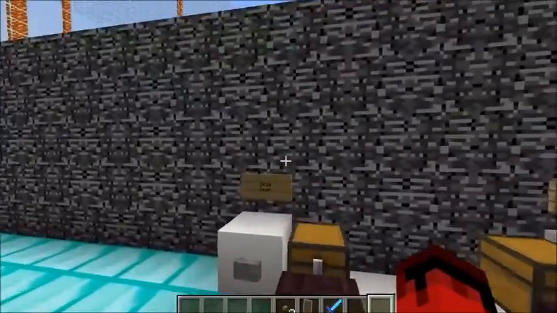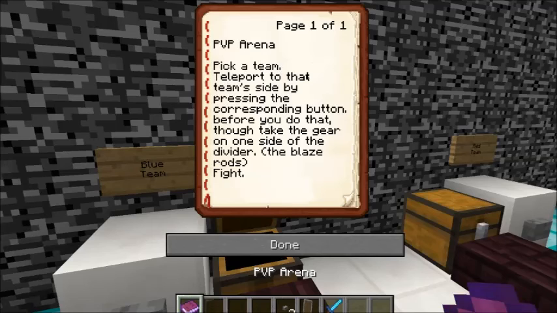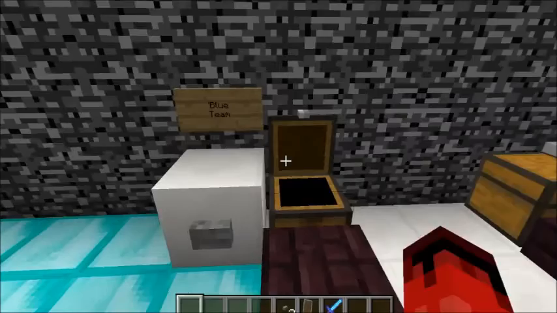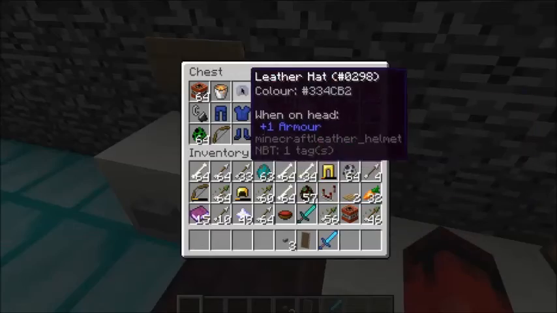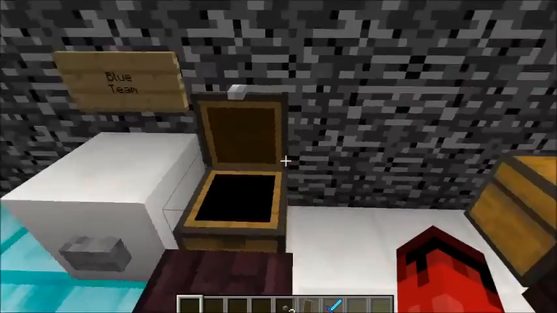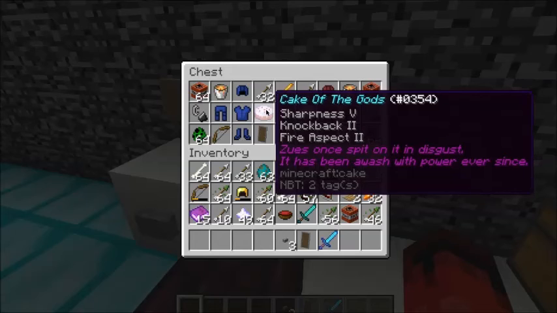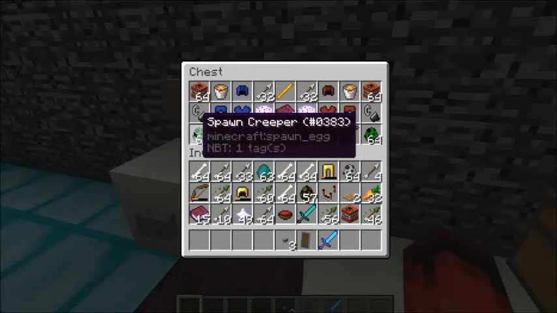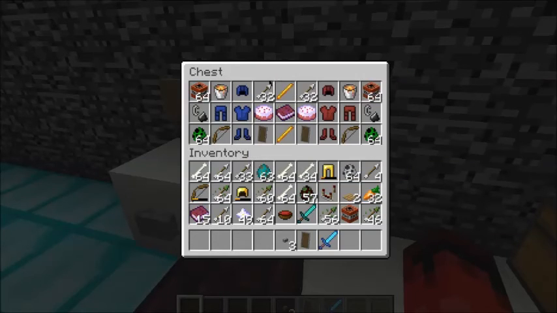So, this one, the next, is PvP Arena. Pick a team, teleport to that team's side by pressing the corresponding button. Before you do that, though, take the gear on one side of the divider, the blaze rods, and then you fight. So yeah, you have blue team and you have red team, and then you take the gear and you fight. Not too complicated. You've got some TNT, flint and steel, creepers, bow, lava, armor, and an arrow, shield,